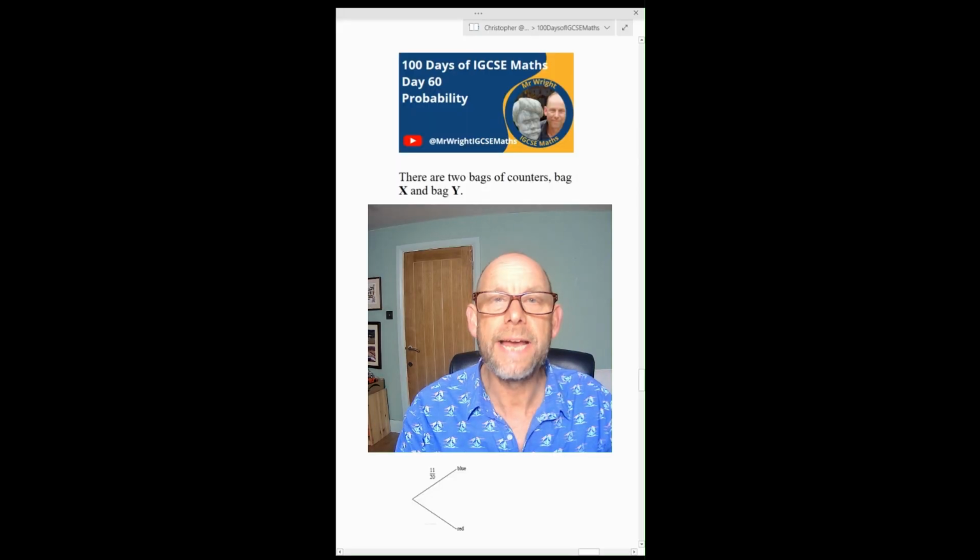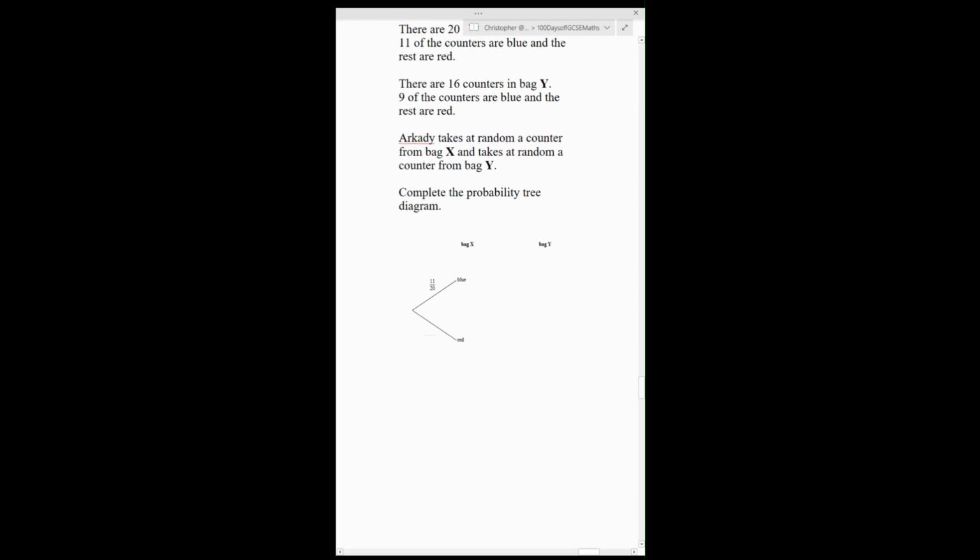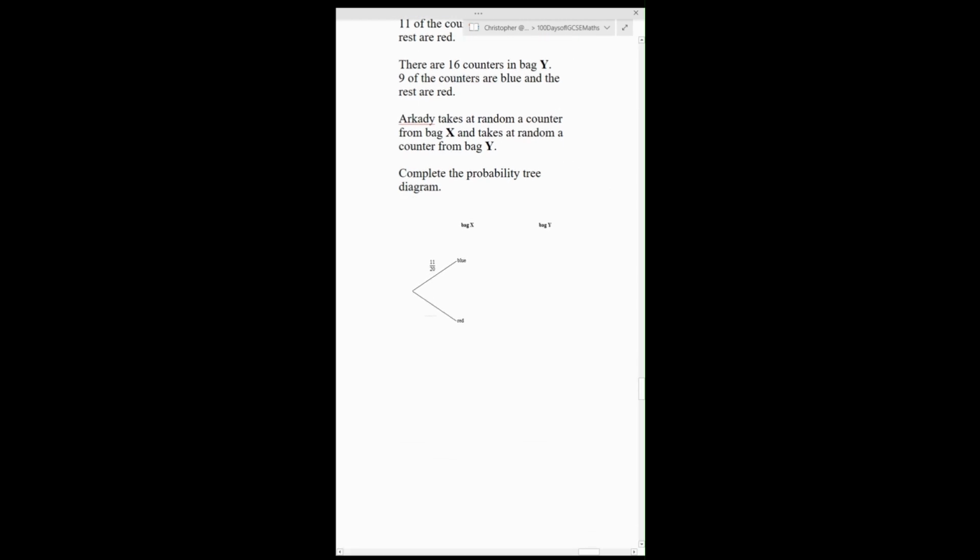Day 60. Pause now if you want to do the question before me. Okay, in bag X then, there are 11 blue, and so there are 9 red. Continue this diagram now. So in bag Y,